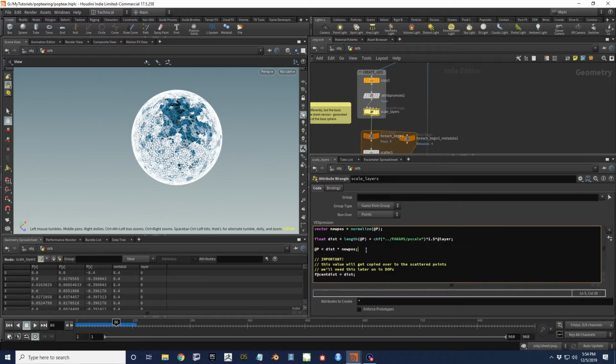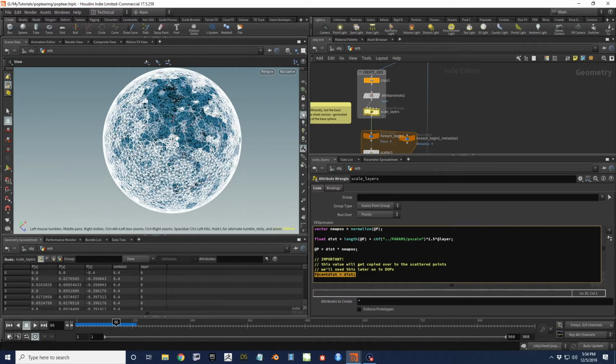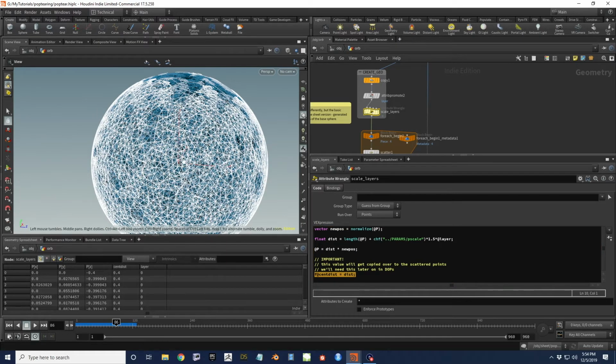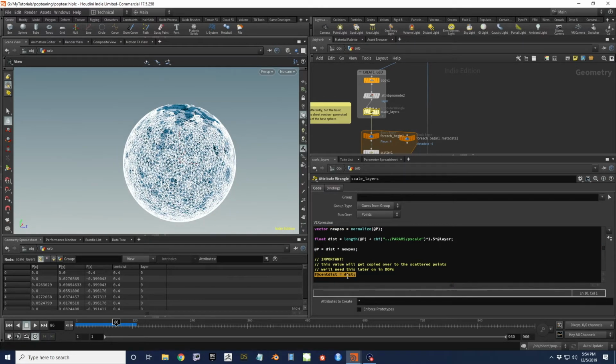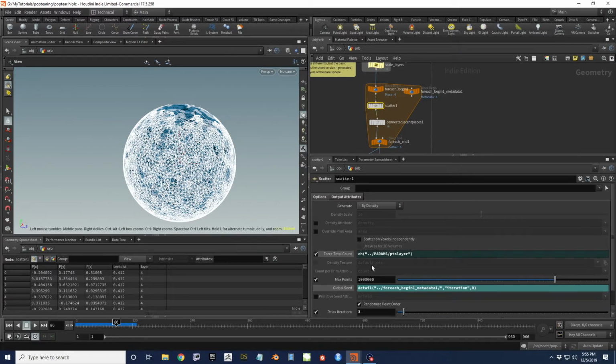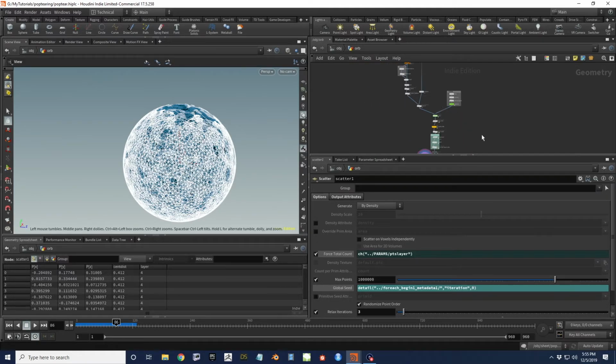So I took the position on the original geometry and pushed it outwards. And then I stored how far away from the middle. Because this globe is centered at the origin, I just stored how far away from the center this layer is. This position here, when we go ahead and scatter, is on points, and so that means it gets carried through to each individual point. So all of these scattered points have this center distance attribute, and that ends up being critical,